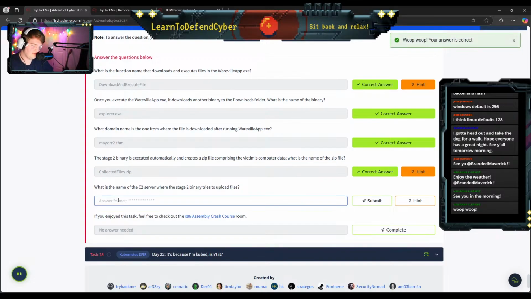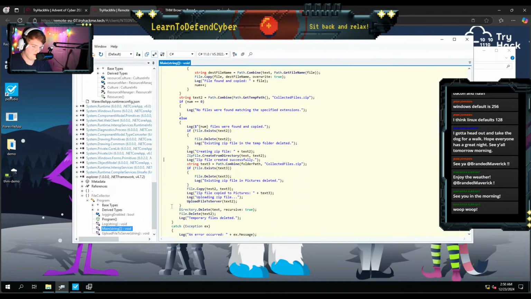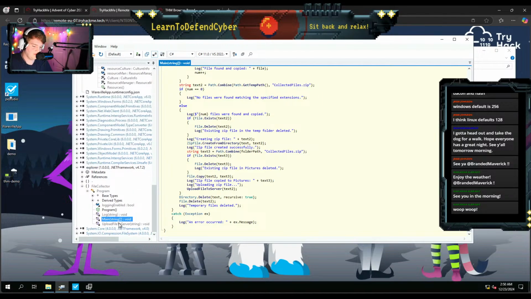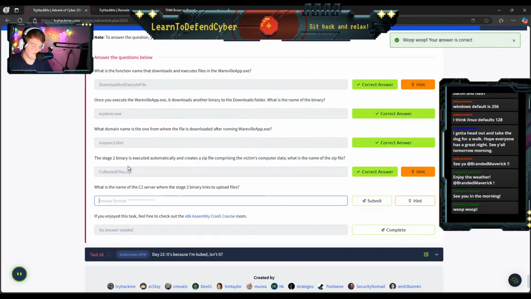What is the name of the C2 server where the stage 2 binary tries to upload files? I'm sure it's probably in here. Uploading zip file. Where are you uploading to? Tell me, please. We have a new function down here called upload to files server, and it goes to anonymous c2.thm.